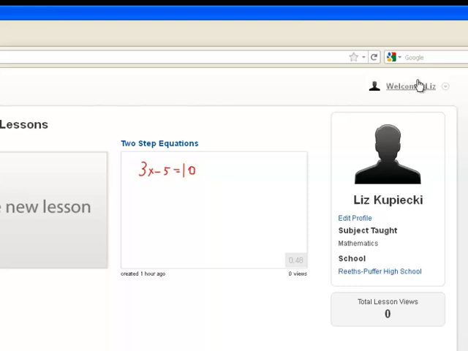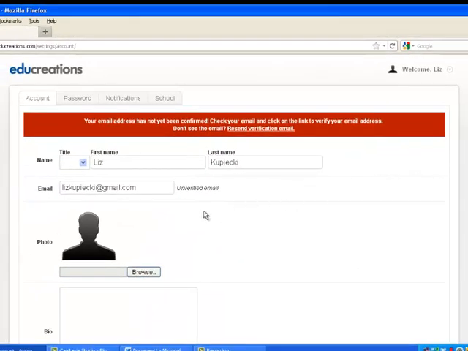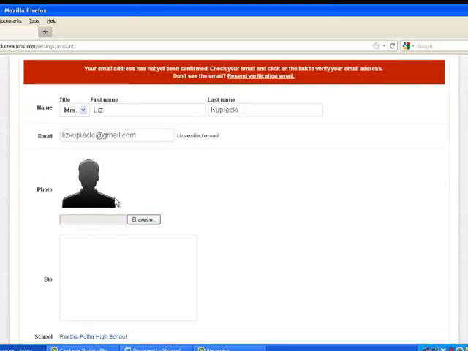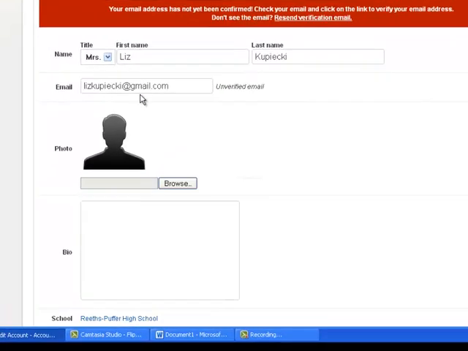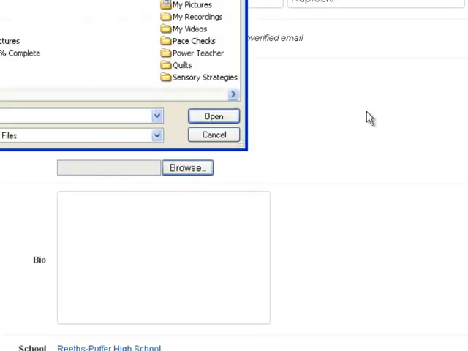If you click on the welcome and then your name, you'll come to this screen, and then just click on Edit Profile. And then again, it should show your title, first name, last name, your email, and then here if you'd like to add a photo or a bio, this might be useful if you're going to start sharing your videos with everyone.